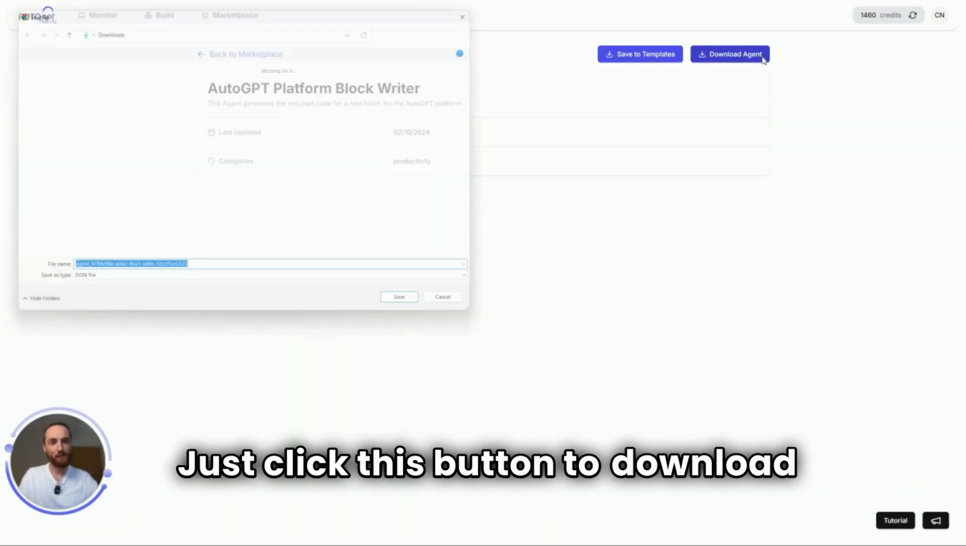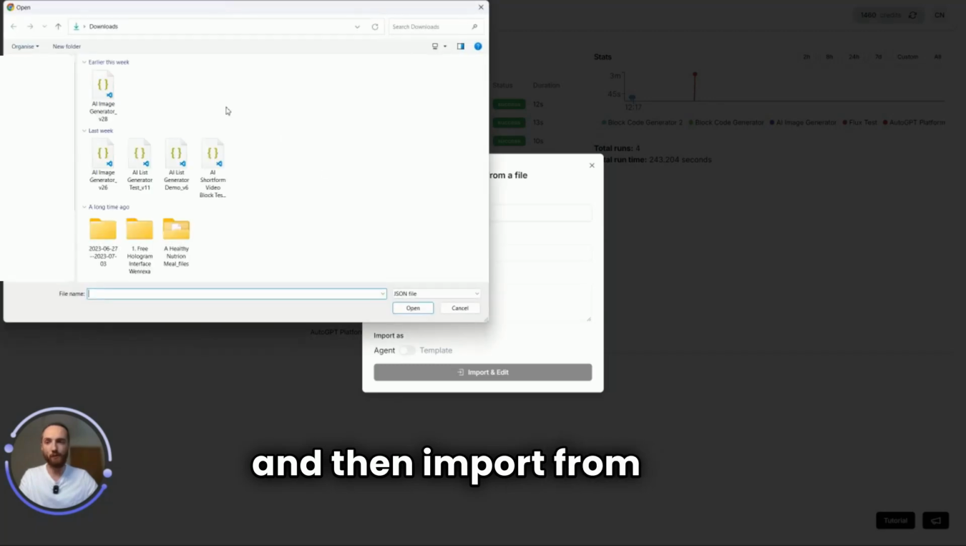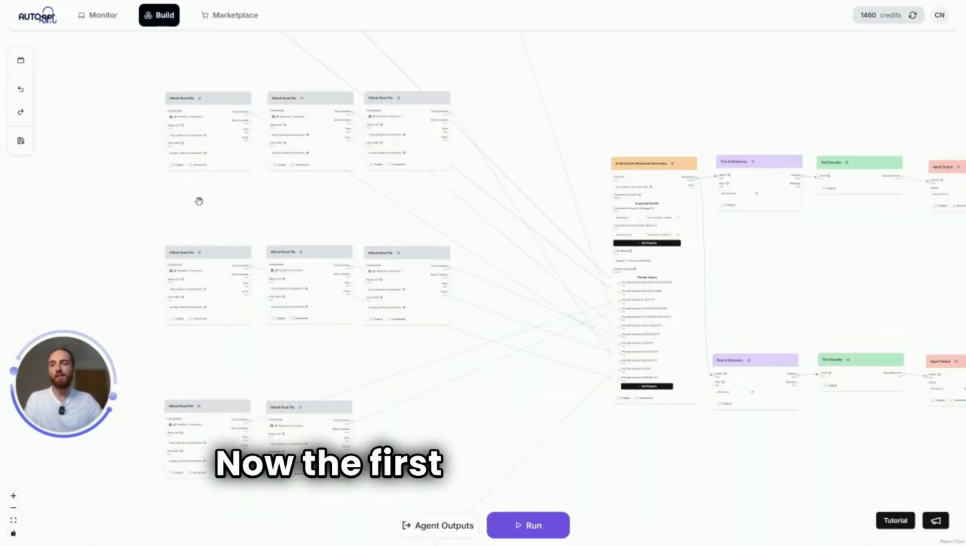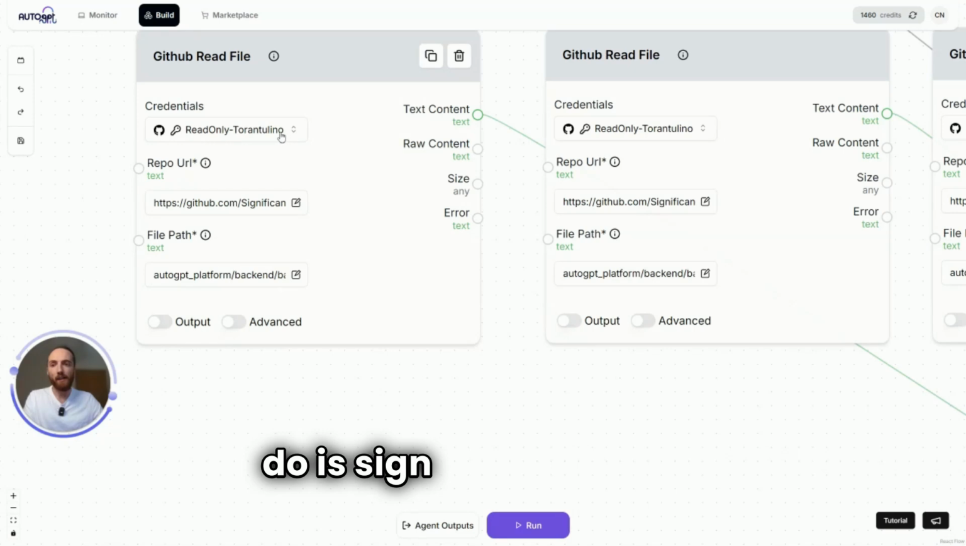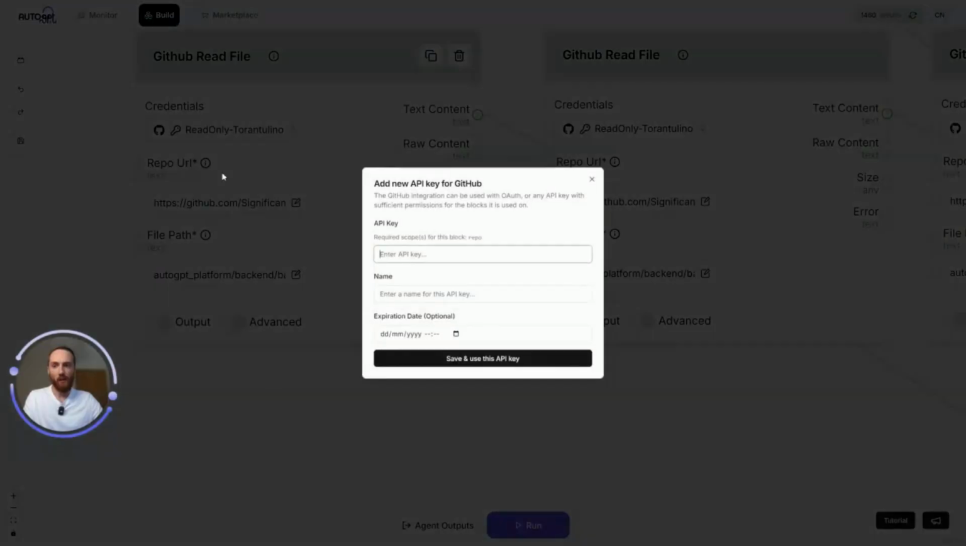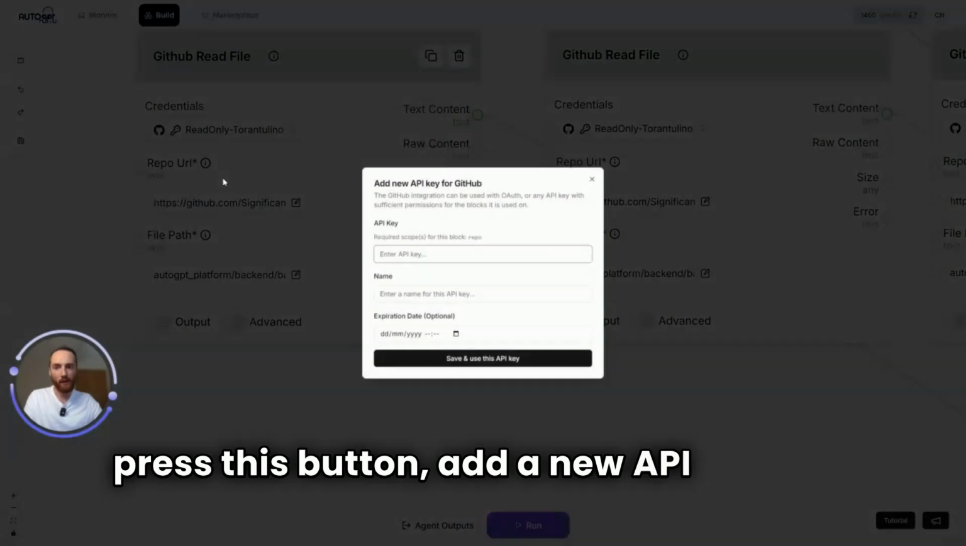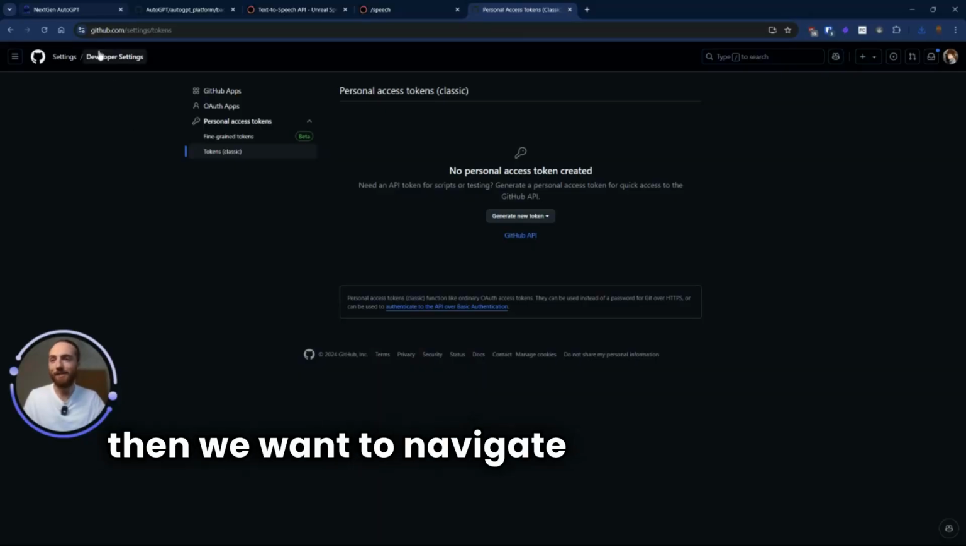Just click this button to download and then import from file. Here you can see the agent is loaded up. Now the first thing we want to do is sign in with GitHub. And so the way to do that is to press this button, add a new API key, and then we want to navigate to